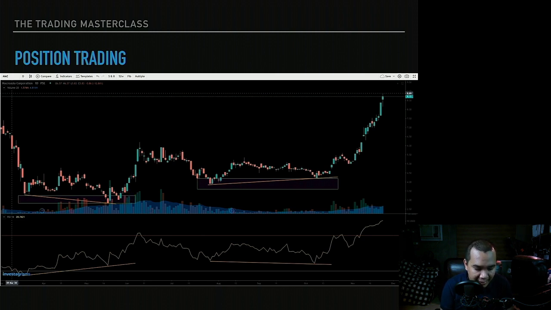And with RSI, look at this right here. Look at the price action, right? The bottoms of our price action are going down. This one is higher than this one. This is a lower bottom compared to this bottom right here. So prices are going down in this area, but look at RSI. RSI's bottoms are going up.